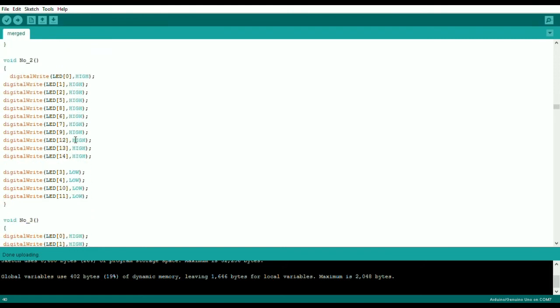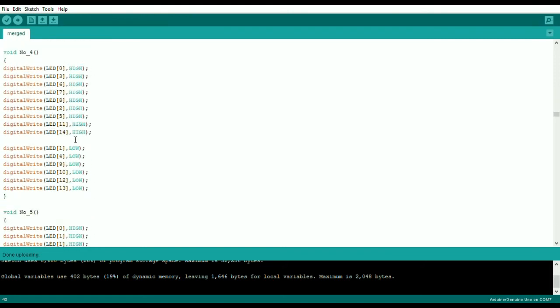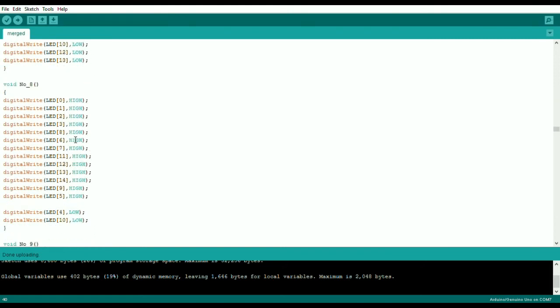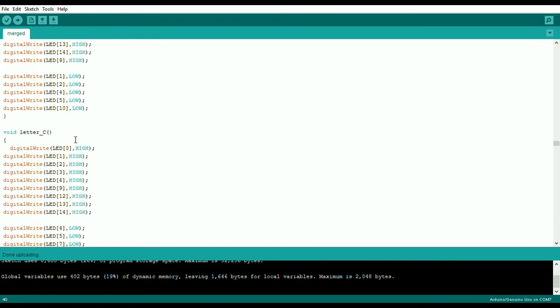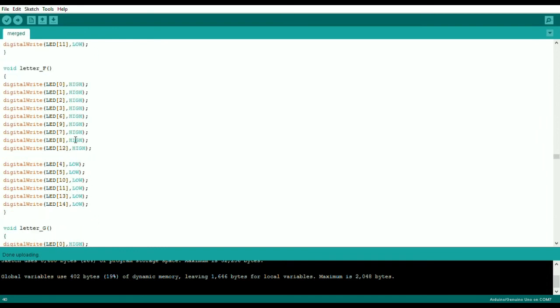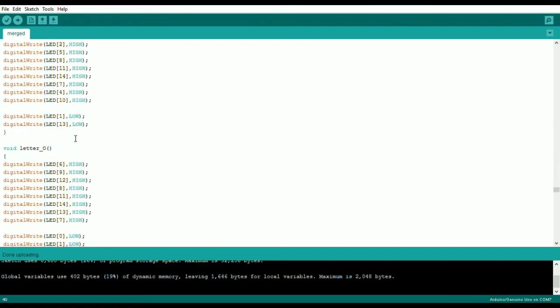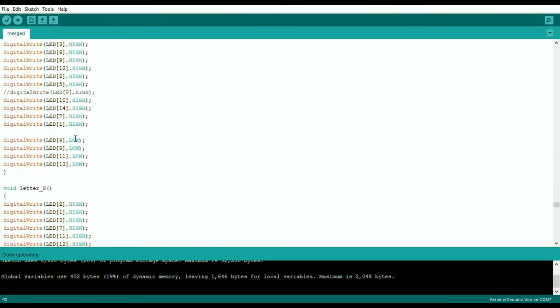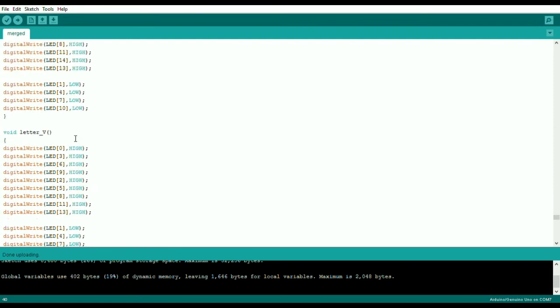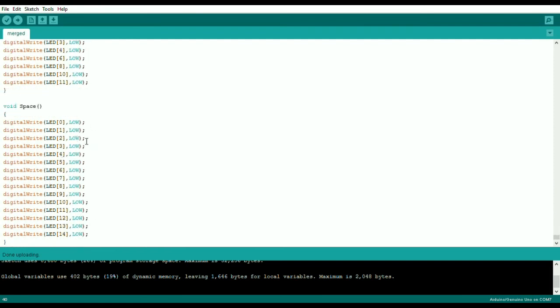I have written this for all the codes for 0 to 9 and from A to F, and also for the space. For the space I have just turned off all the LEDs for my convenience. And that's it. That was all about my sketch.